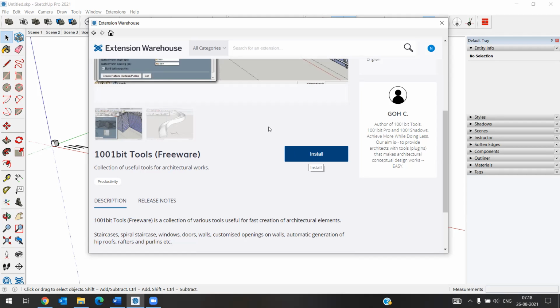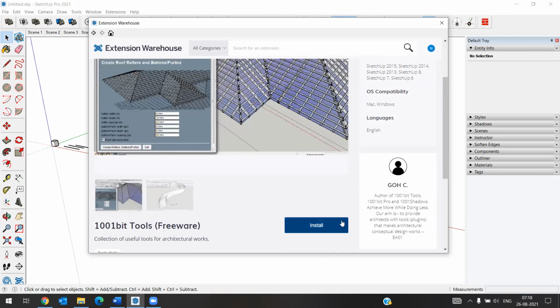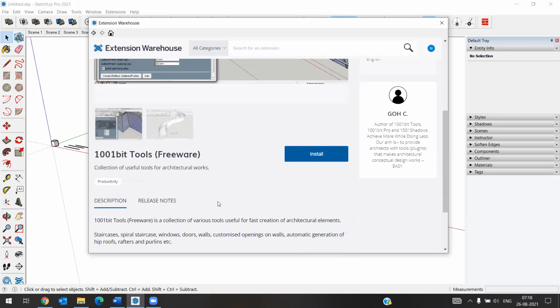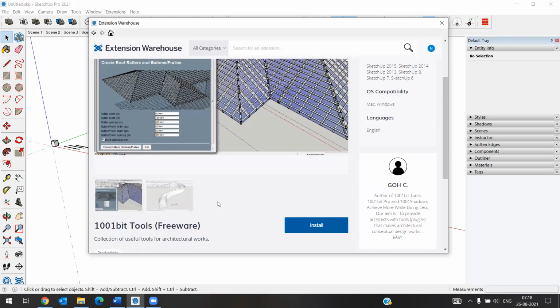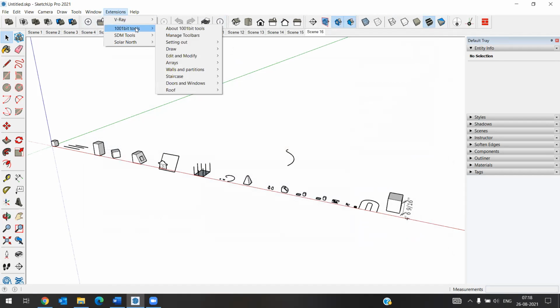Actually I installed another version, that's why it is showing to install. So you can install from here, and after installing, you will get your extension tool in your extensions. Means when you click on extensions, you will get 1001 bit tools here.